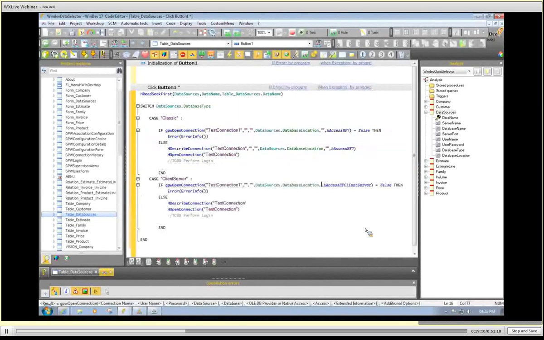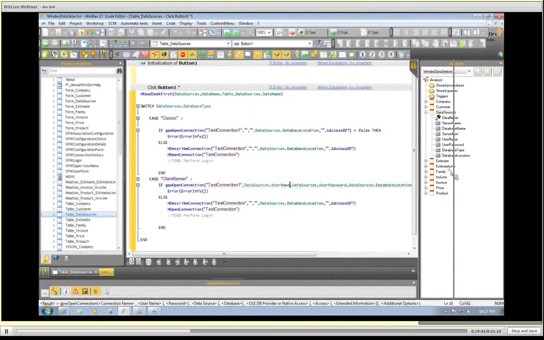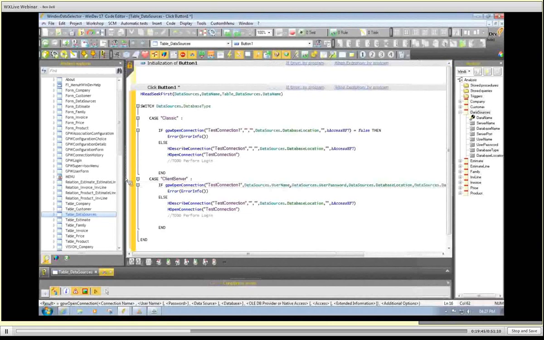So that will be data sources dot database name, and I need to give the username and the password, data sources dot password and data sources dot username. Okay, so what we're sitting with now, and let me just close this a bit,